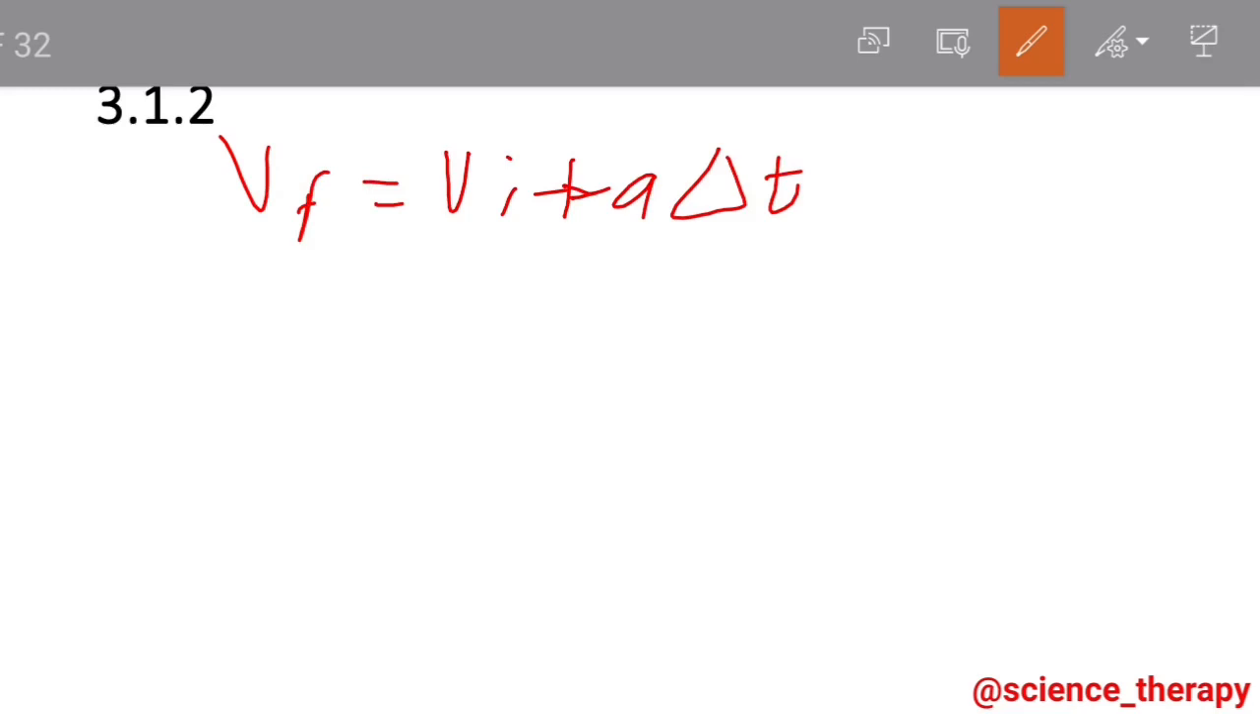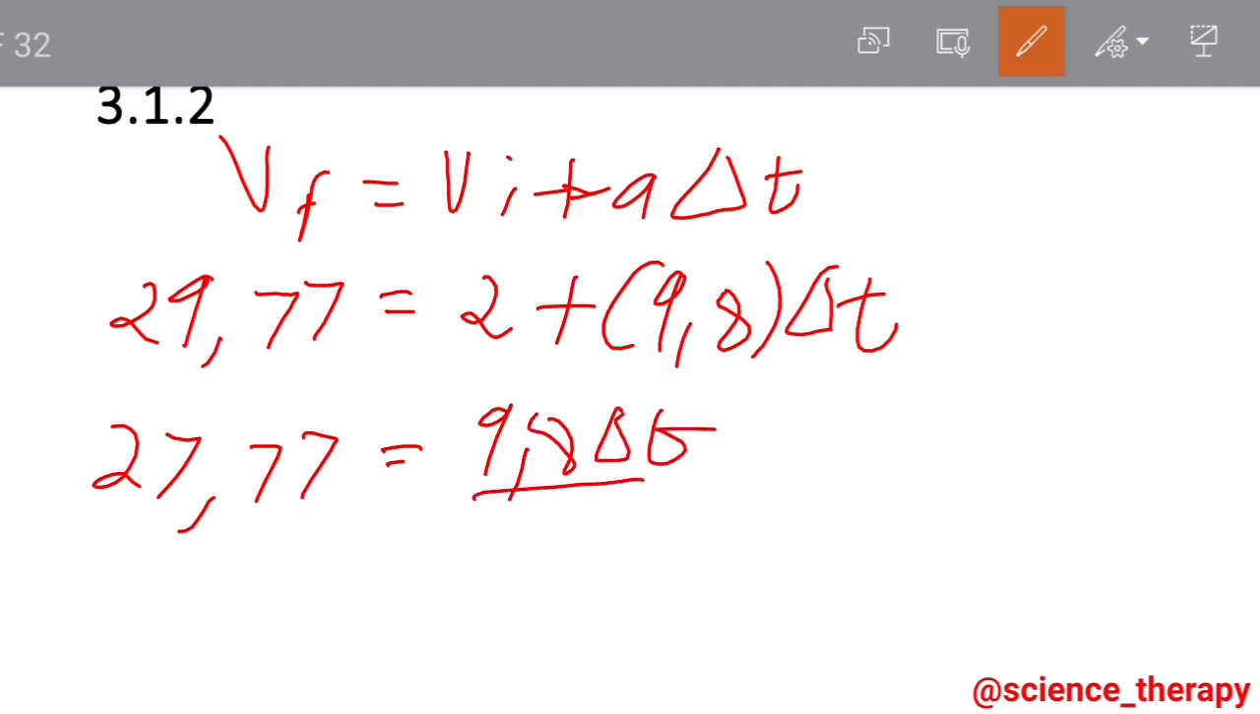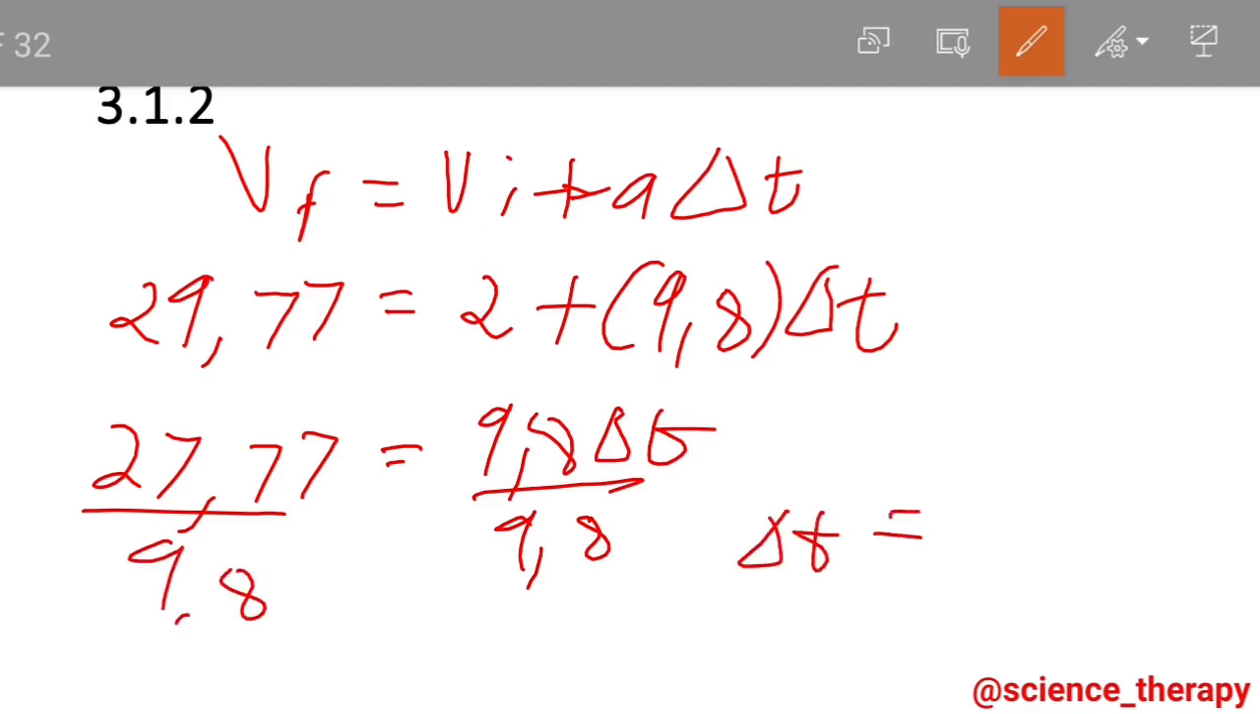What is it that we have for the final velocity? Remember, we calculated in the previous question, it's 29.77. Then our VI is 2. Then our acceleration is 9.8, and then change in T. Now at this point, we can transpose this 2 to that other side. Then 29.77 is going to be minus 2. So it's 27.77 is equal to 9.8 times change in T. Then we can divide both sides by 9.8. Our change in T now will be